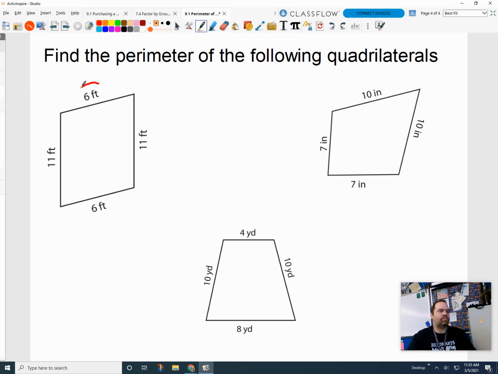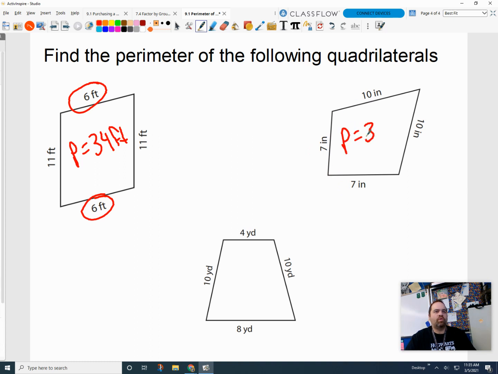If you notice, I've got opposite sides being equal. That's because this thing's a parallelogram. So the perimeter of this guy is 34 feet. This shape here is called a kite or a diamond. If I add these up, this guy's also got a perimeter of 34, but this time inches. And 20, 20, 28, 32